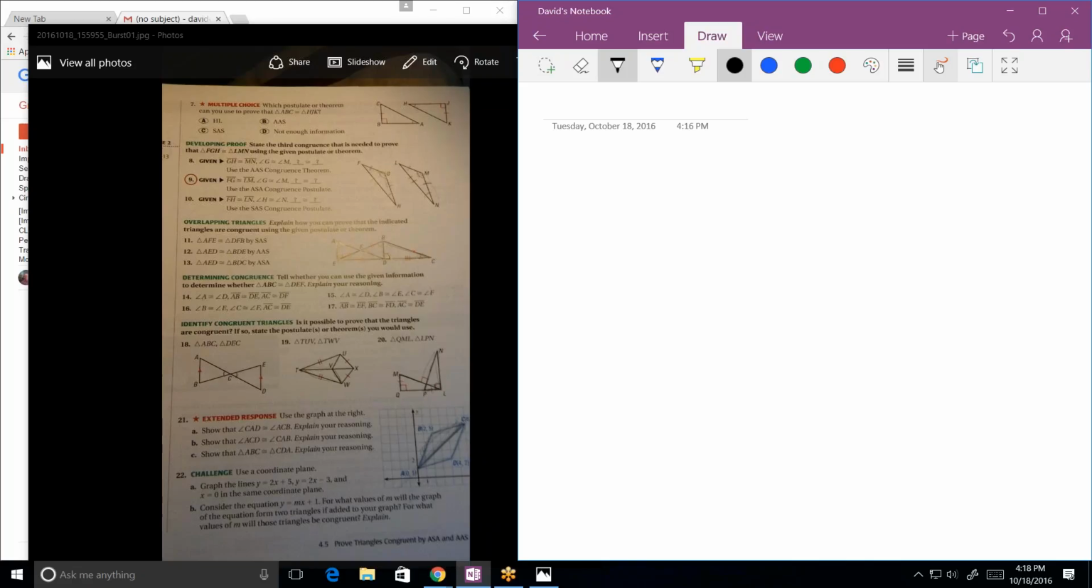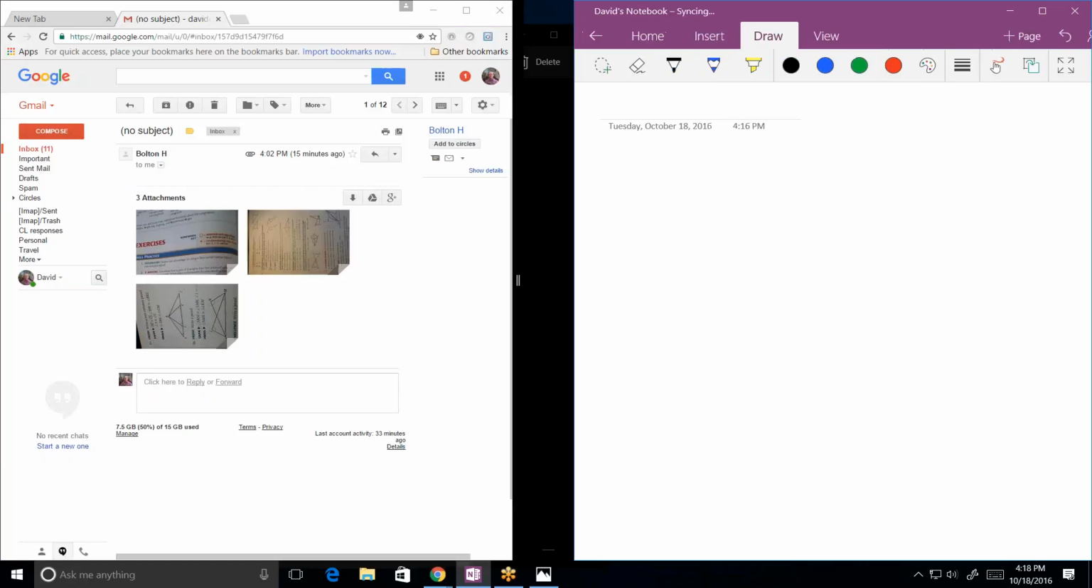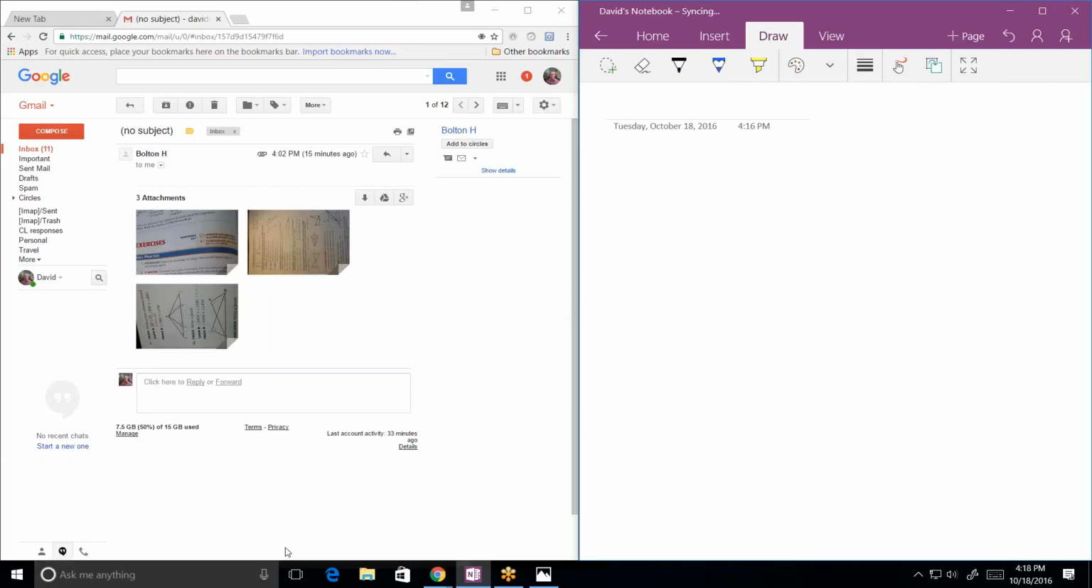Okay, 8. So for number 8, they tell you that, here, let me blow it up a little bit. I can do that. Yeah. State the third congruence that is needed to prove